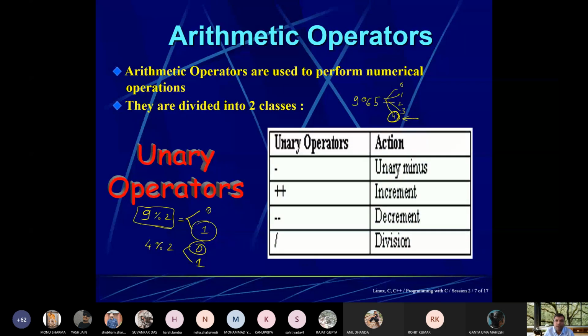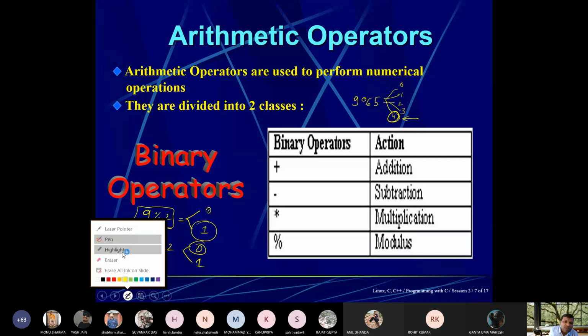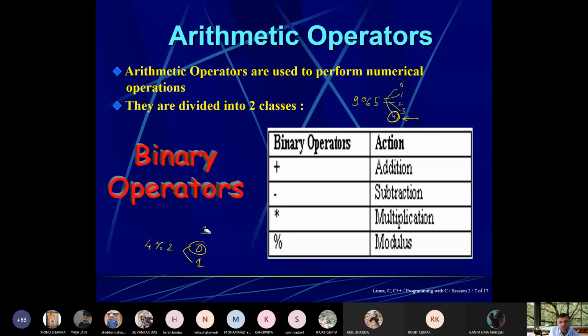Then unary operator. Here binary operator. Because recently we saw the binary portion, I had not shown you plus, minus, asterisk, modulus.